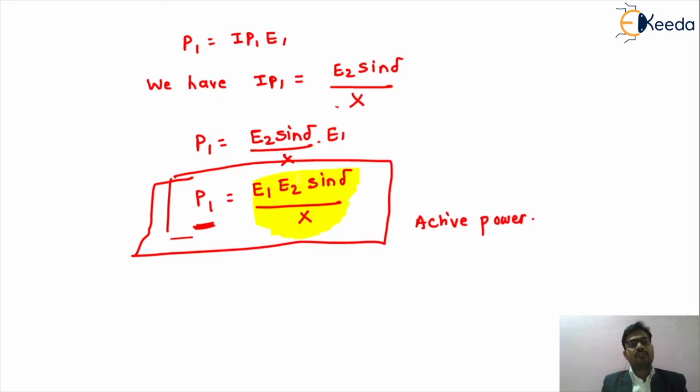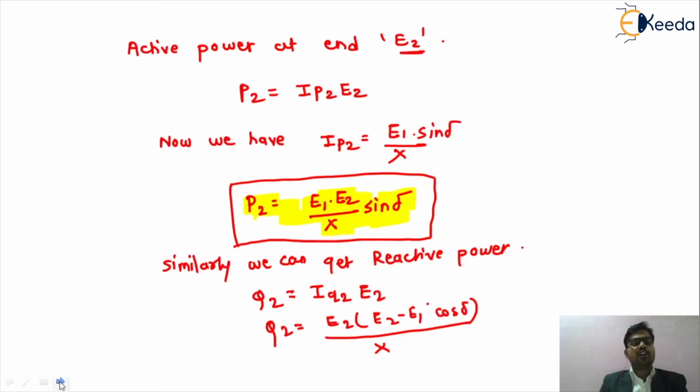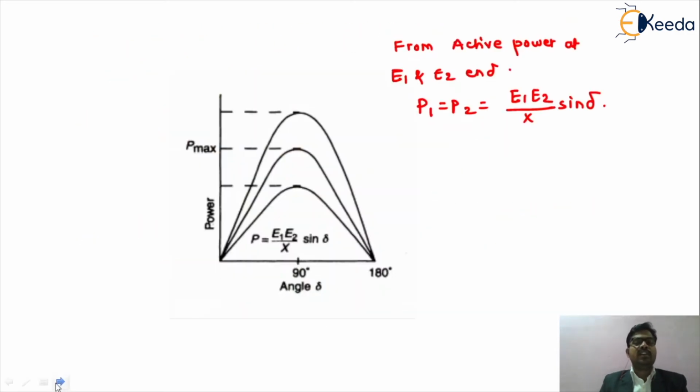So friends, from that equation, for dynamic stability consideration, if you want to control the power of your system, then we can simply change the value of the sending end voltage, the receiving end voltage, or the angle between them. And if you change the impedance of your transmission line, we can change the power of the transmission line. This is a very important concept, because to control the power of your system, you have to control these different controllable parameters of your transmission line.